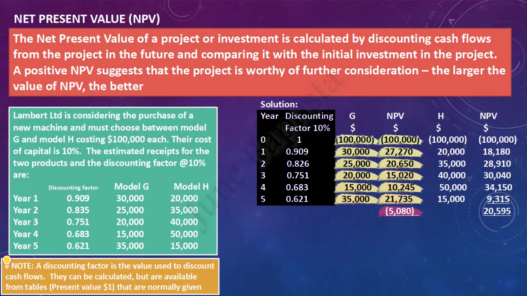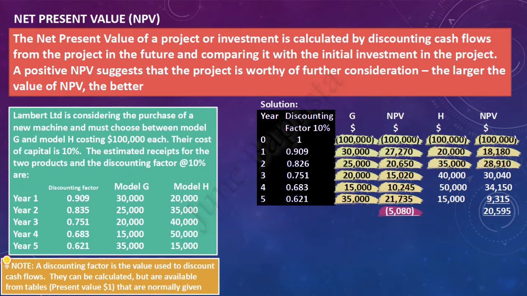Now let us look at Project H. In year 0, there is a cash outflow of $100,000 multiplied by the discounting factor. We get an NPV of negative $100,000. In year 1, with a net cash inflow of $20,000 multiplied by the discounting factor, the NPV is $18,180. In year 2, with a net cash inflow of $35,000 multiplied by the discounting factor, we get an NPV of $28,910. In year 3, with a net cash inflow of $40,000 multiplied by the discounting factor, we get an NPV of